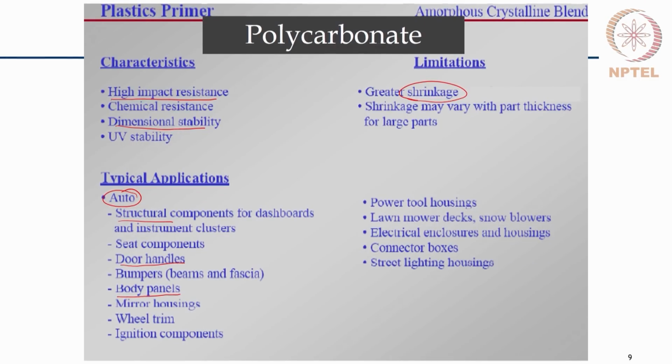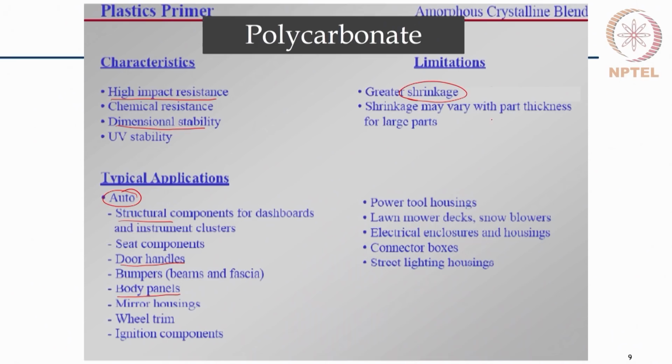The part shrinkage needs to be considered while designing the mold, so that the final components that are manufactured are dimensionally accurate and also do not exhibit warpage because of non-uniform shrinkage. Like when the part thickness varies, the shrinkage will cause dimensional instability and warpage. So, there are a lot of applications where this material can be used.